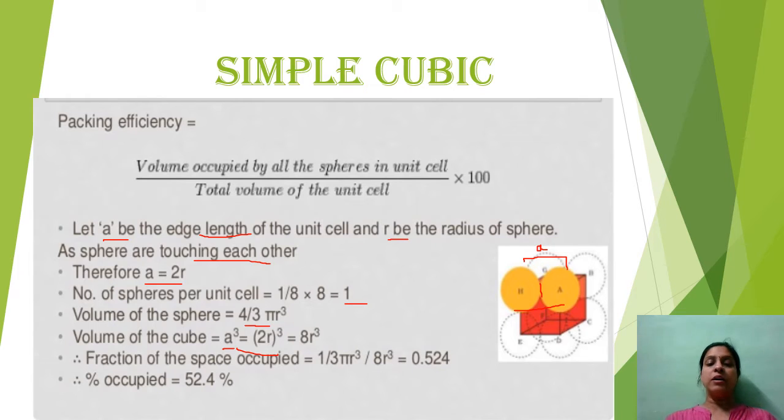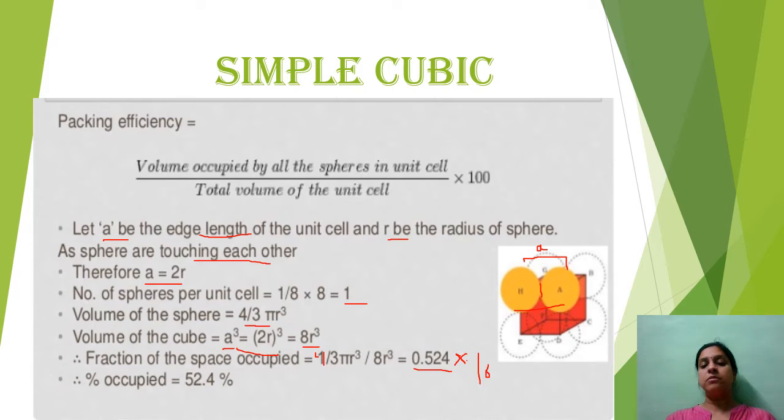So in terms of r it is (2r) cube, which after calculating 2 multiplied by 2 multiplied by 2 is equal to 8. So the volume of the cube is equal to 8r cube. All of us know that the fraction of the space occupied is 4/3 pi r cube upon 8r cube, which is equal to 0.524. Or simply, the volume occupied by all the spheres is 4/3 pi r cube into 1. Here the number of spheres is just 1, so it becomes 4/3 pi r cube upon 8r cube, which after calculation is 0.524, and when we multiply it by